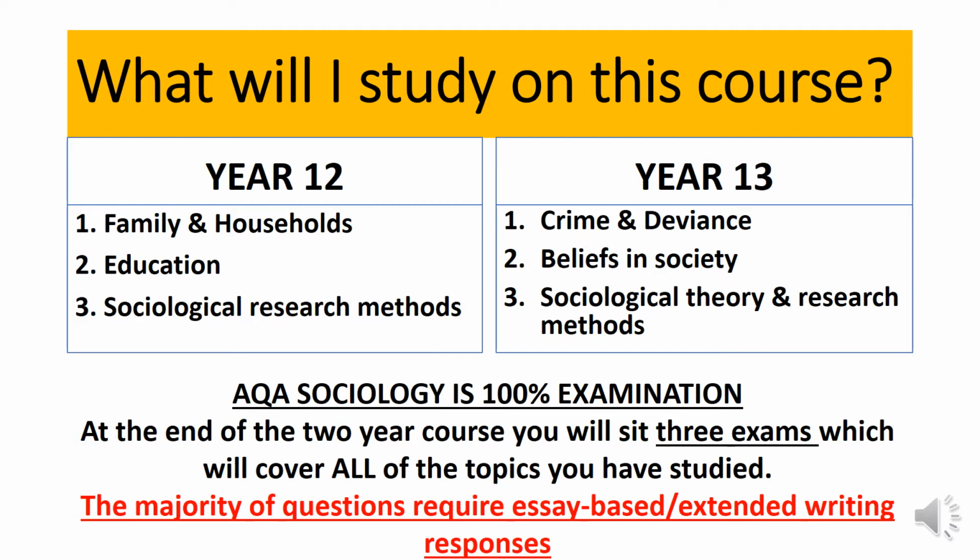So in year 12, we start by studying the family. This is where we examine equality and power. We look at changing gender roles, what it means to be a child, population changes, and the rise in family diversity. We then move on to education and we consider what the purpose of school is, as well as examining why some people do better than others in school by their social class, their gender, or their ethnicity.